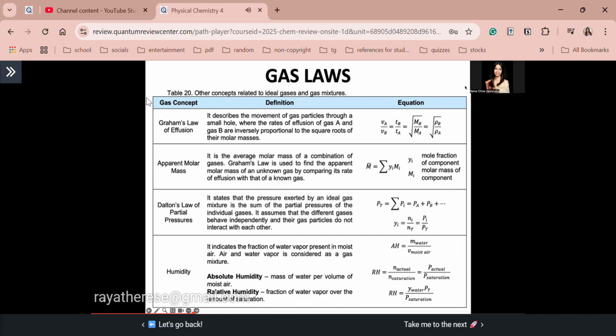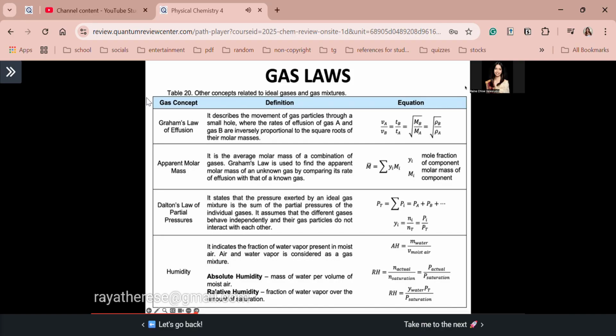And then we have the apparent molar mass. So it is the average molar mass of a combination of gases in a gas mixture. Okay. So apparent molar mass is equal to the summation of the mole fraction of each component of your gas mixture times the molar mass of the component. So for example, guys, if you have three components in your gas mixture, gas A, gas B, and gas C, you have to get their respective molar masses, and multiply them by their respective mole fractions in the